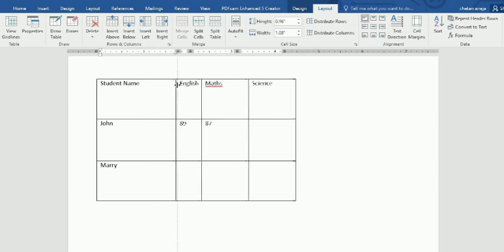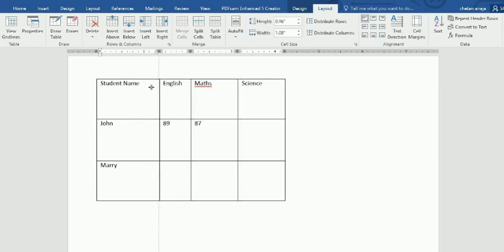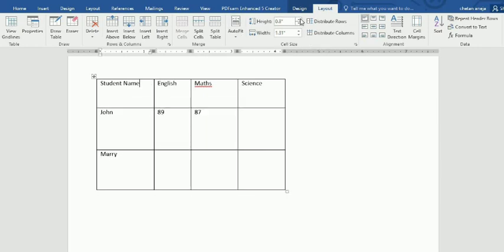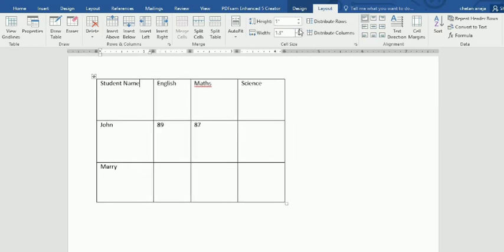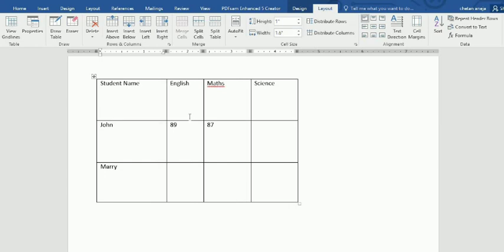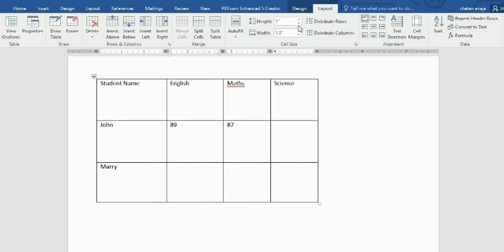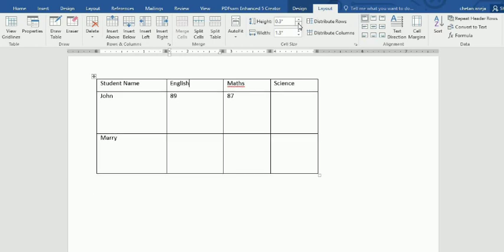So I can increase and decrease the width of the table. You can also change this width. Click here, and here we have the height option. As you can see, here we have the width option. On the layout tab we have height and width. Click on the column, and from here you can change its height and width.